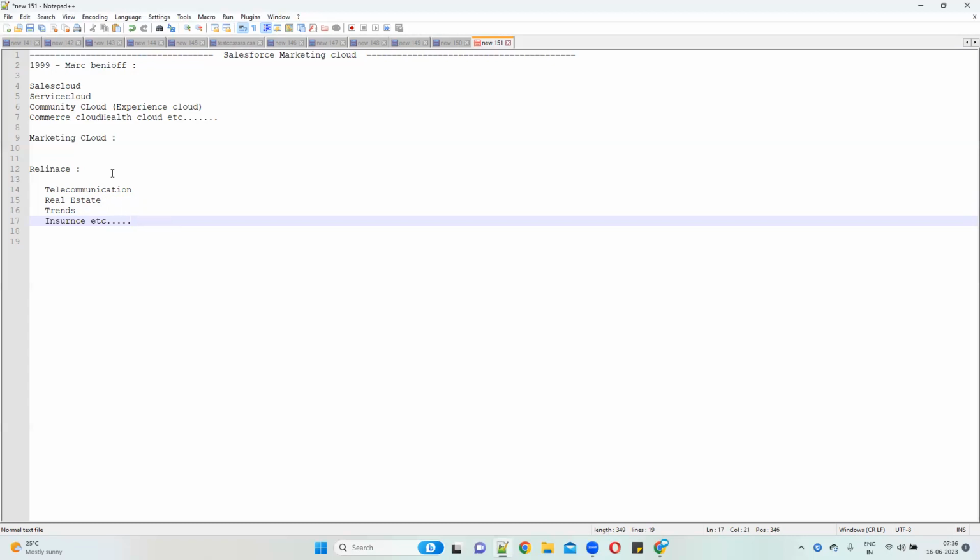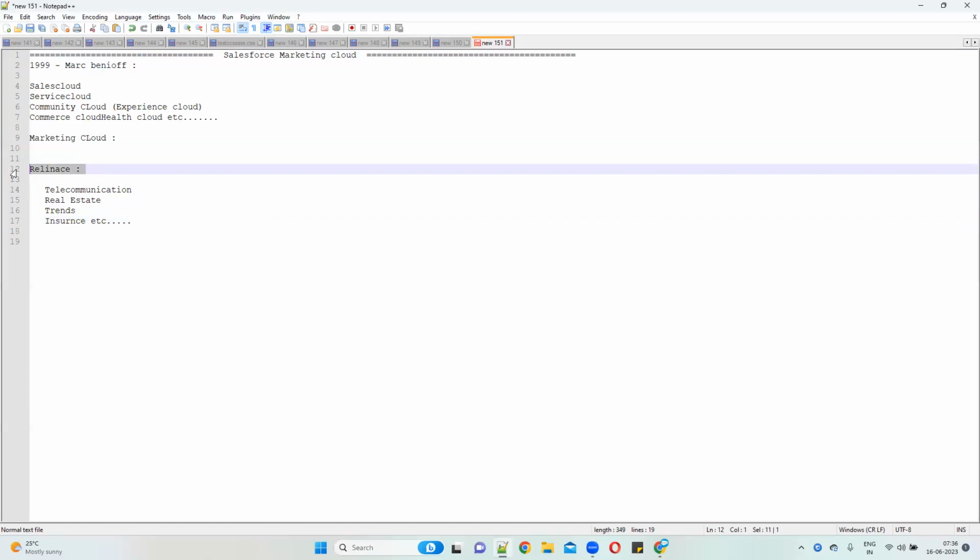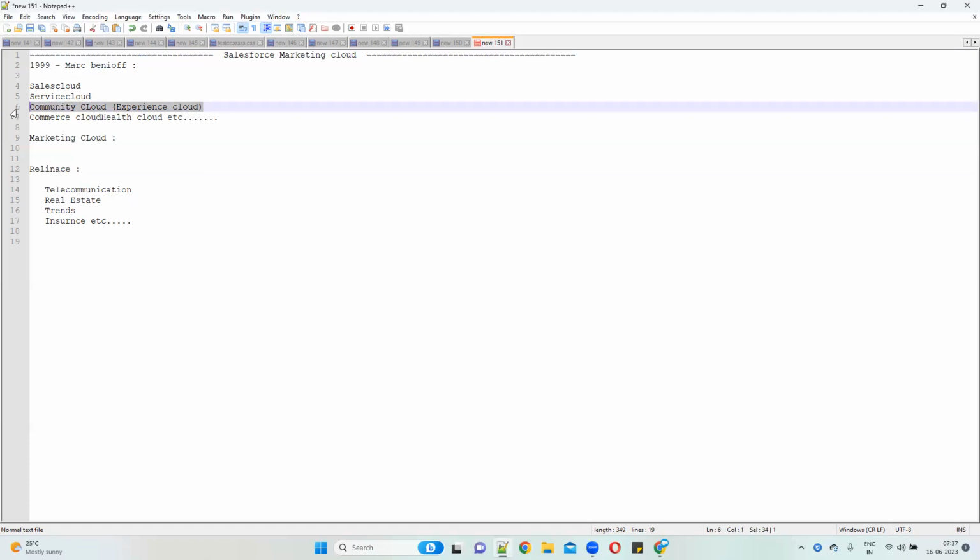Sometimes the Reliance company uses Salesforce for their internal employees. Even if they want to give partnership to dealers, dealers also want to sell products. Then Reliance cannot give them direct Salesforce access. They can give community access with limited features, only whatever they want them to see.